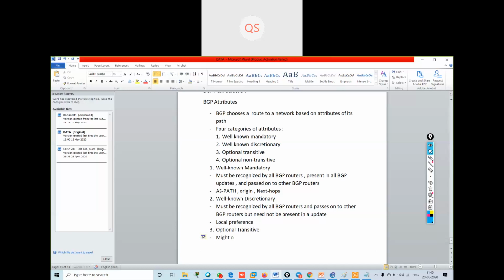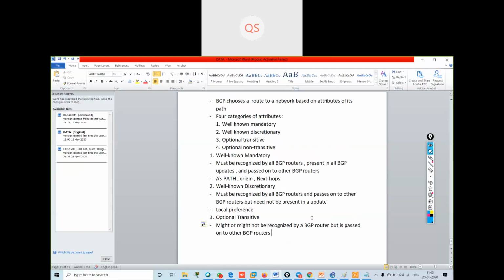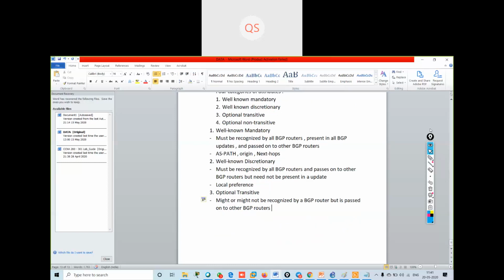It might or might not be recognized by a BGP router, but it is passed on to other BGP routers. So what does it mean exactly?